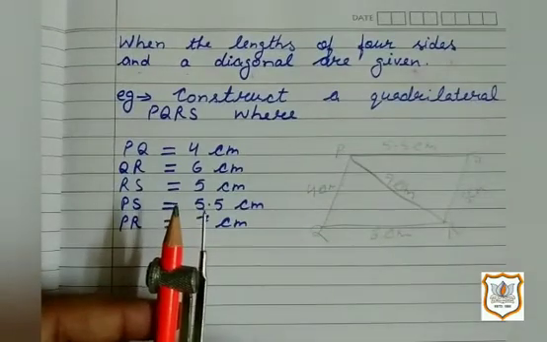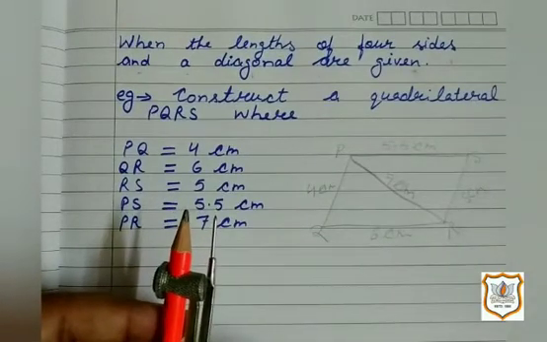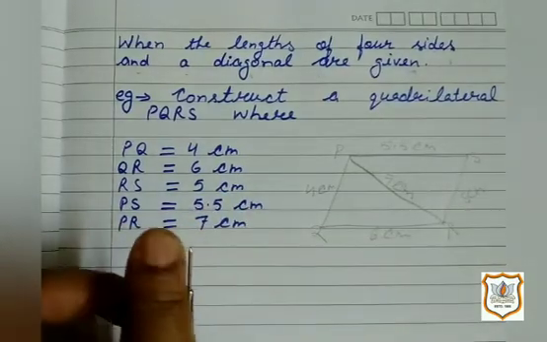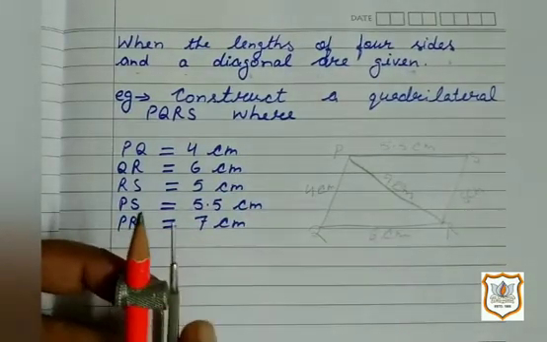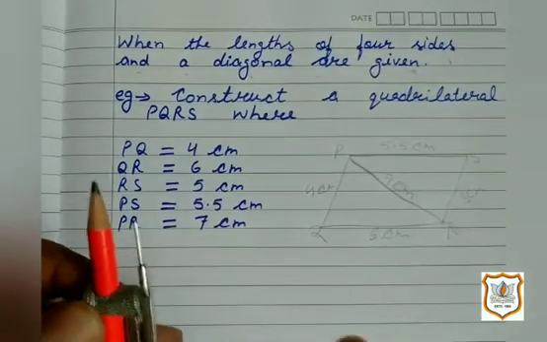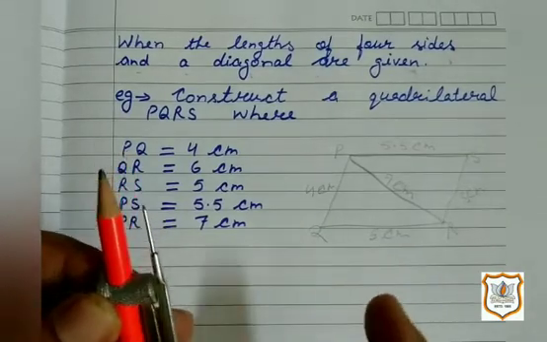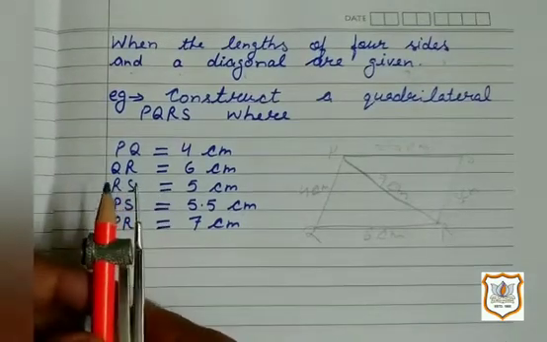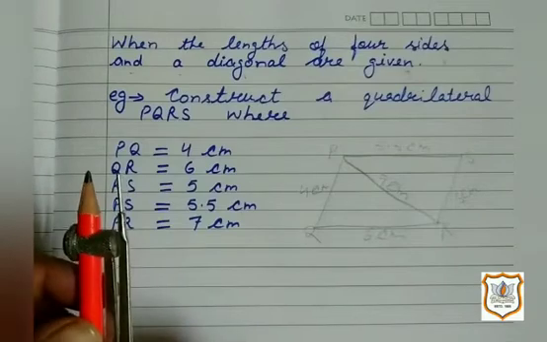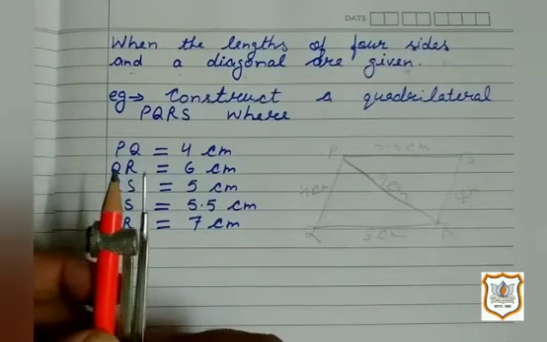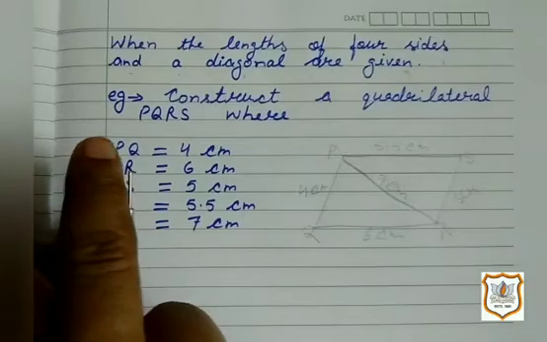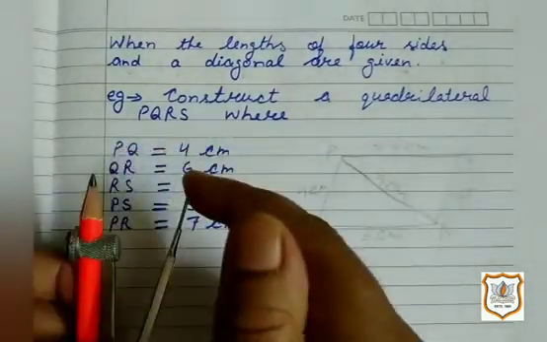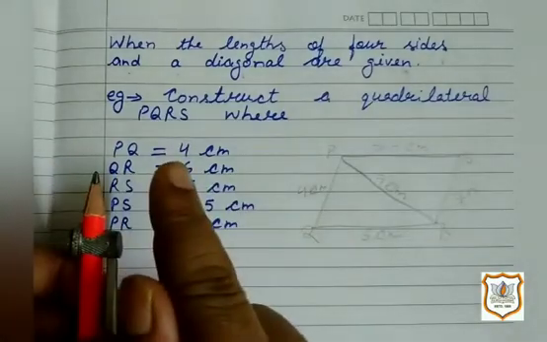Students, before using the compass, you need to make sure that the point on the pointer side and the pencil are lined up perfectly. Look at here. This is the wrong position of the pencil and this is also a wrong position of the pencil. Students, this is the perfect position of the pencil, because look at here, the point on the pointer side and the pencil are lined up perfectly. Clear students?